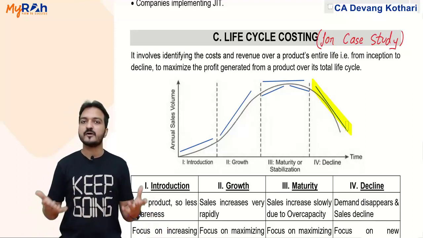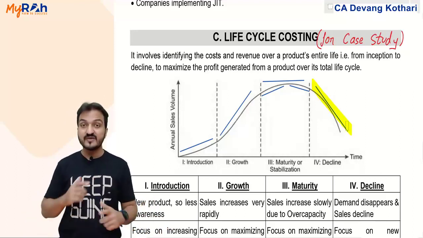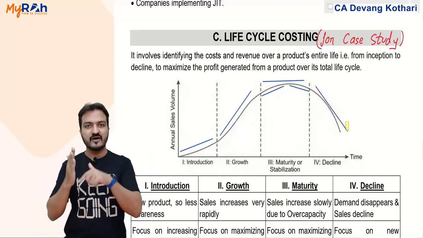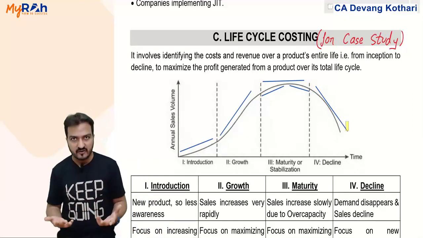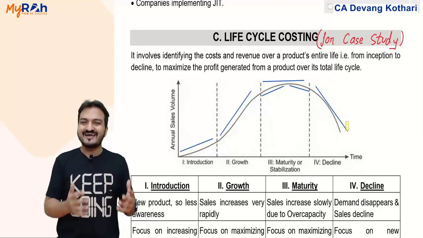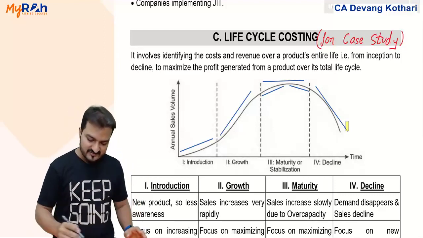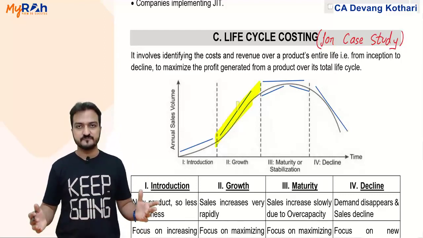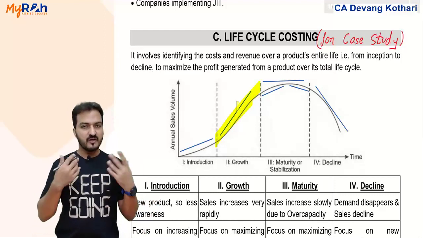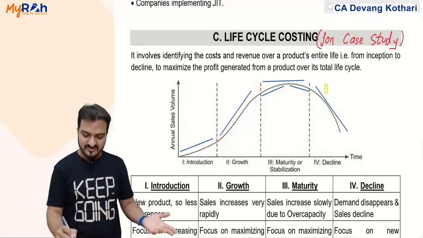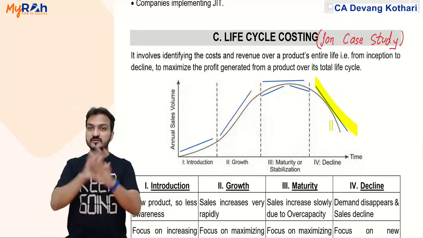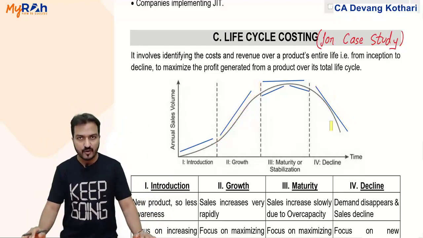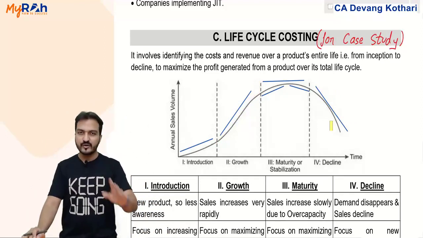Now nobody is purchasing feature phones. Feature phones means those old Nokia phones, the ones with the snake game that used to appear in the ad, those were feature phones which were not smartphones. So now the era is of smartphones. Now it is the growth phase of smartphones. Maybe later, someday in future, smartphones will also start declining and some new technology will come up. Anyways, this indicates the life cycle of any product.